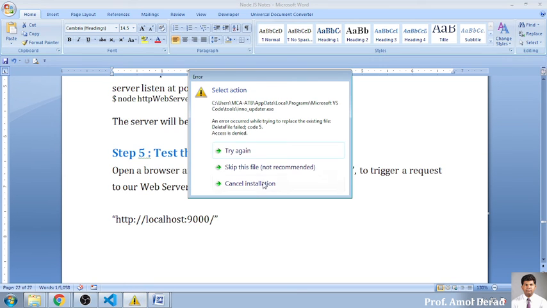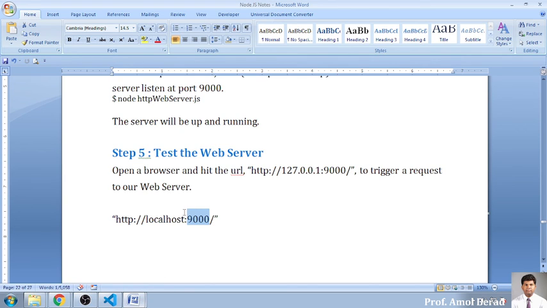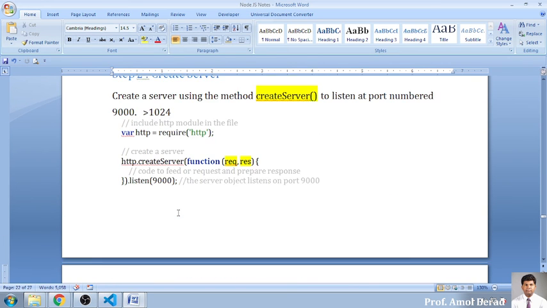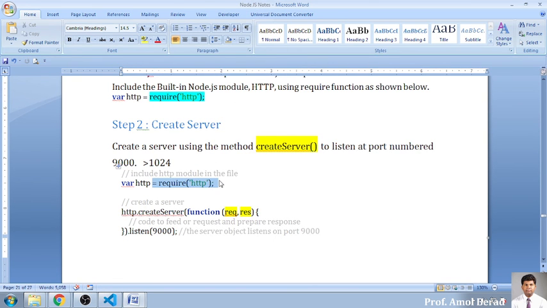So there is no need for you to install something extra into your system. आप directly program को run कर सकते हैं. The Node.js will be automatically creating a web server because you have imported the package module called as require, that is HTTP module. Is it clear to you? Yes or no? Yes, sir. सगळ्यांना समजलं का ते?